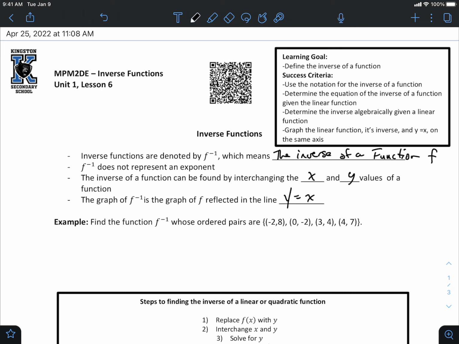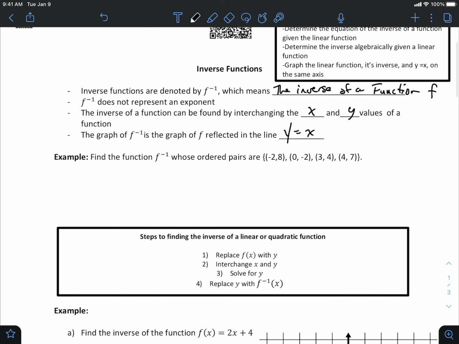So for the very first example, if you're just given a list of coordinate points, it'd be like a relation that happens to be a function based on points. So what you can do is follow the definition. The inverse of a function can be found by interchanging the x and y values of the function. So here's what we're going to do. F inverse